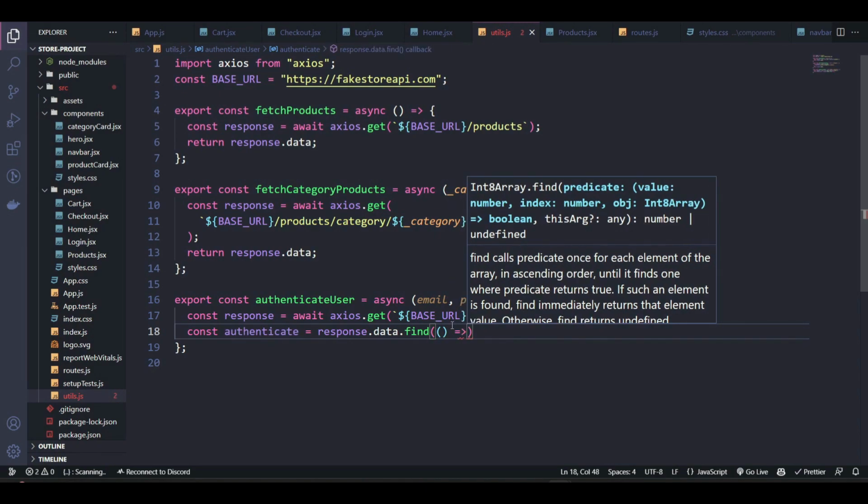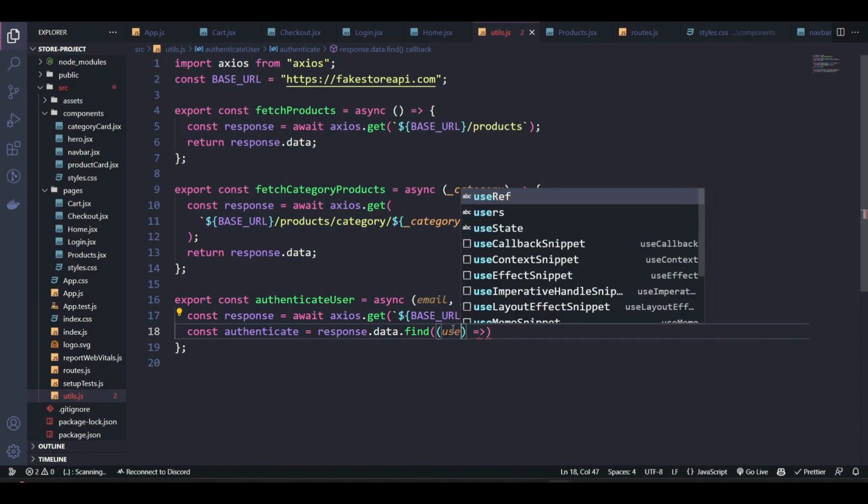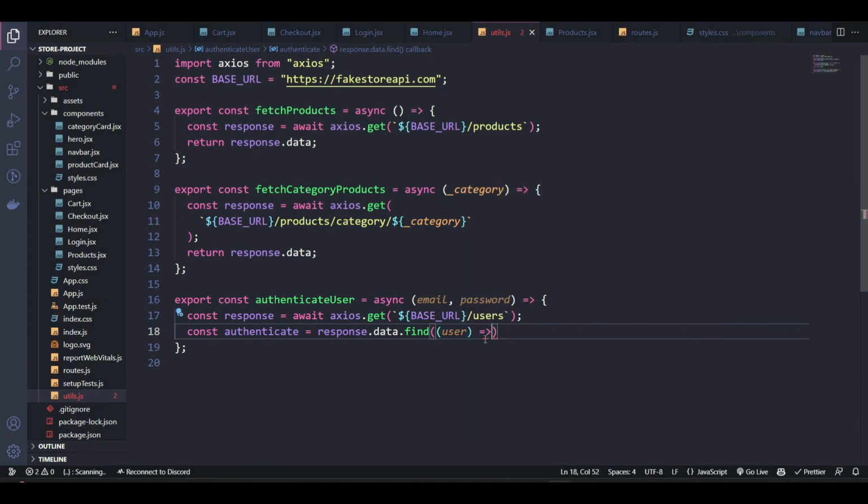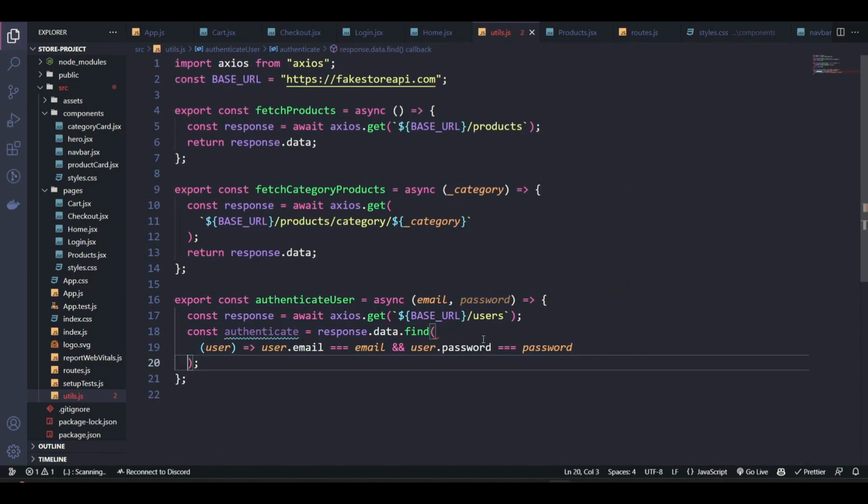So find, here we want to find for each user, the user.email that is equal to our email, and also the same user.password that is equal to password. As simple as that. So we want to find a user with the email that is equal to the incoming email, and that same user has to have a password that is equal to the incoming password. If that is true,